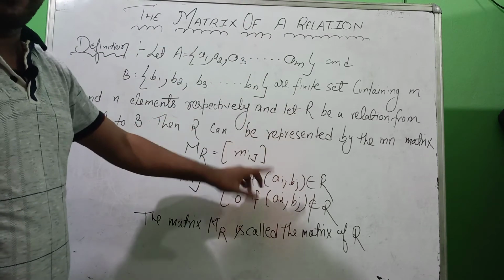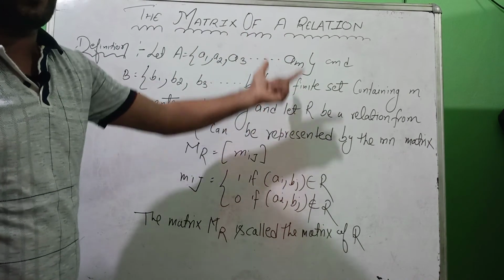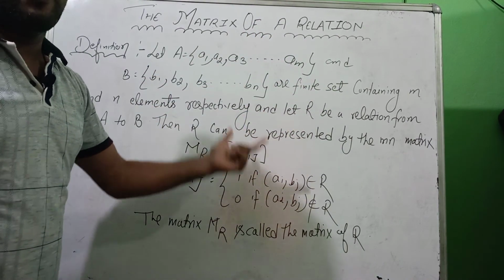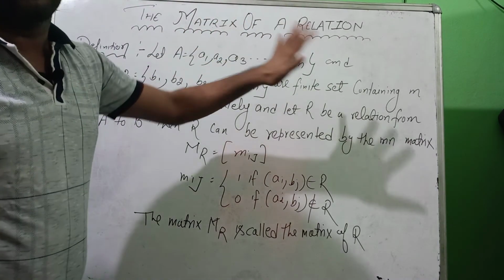तो ये आपने एग्जाम्पल से समझ लिया कि कहाँ पर 1 लिखना है और कहाँ पर 0, इसलिए हमने आपको पहले एग्जाम्पल दिया और फिर आपको इस डेफिनेशन को बता रहे हैं। तो दिस इज द मैट्रिक्स रिप्रेजेंटेशन ऑफ अ रिलेशन।